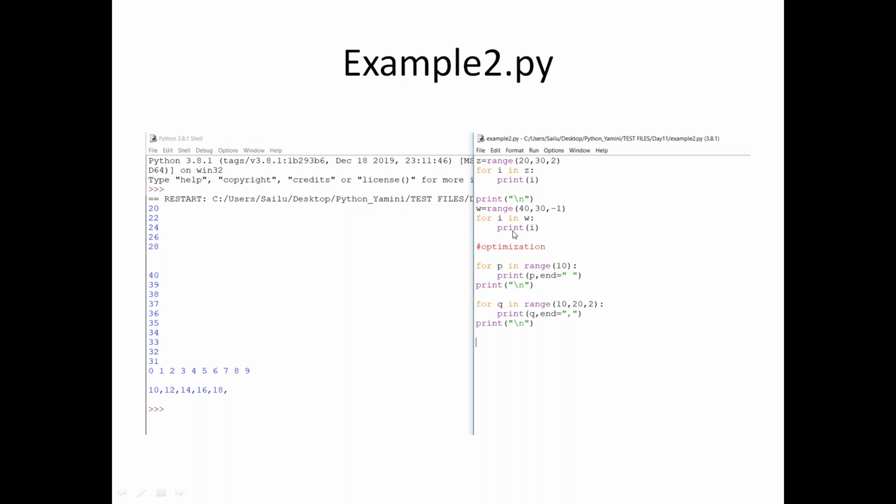The previous and current examples are the same, but the only difference is that I don't have the x variable at all. I used it in my for loop itself.